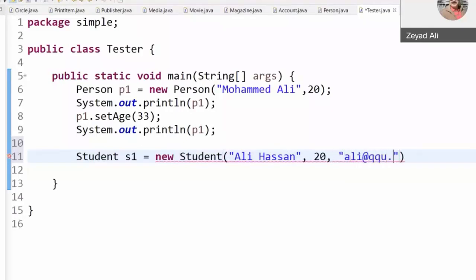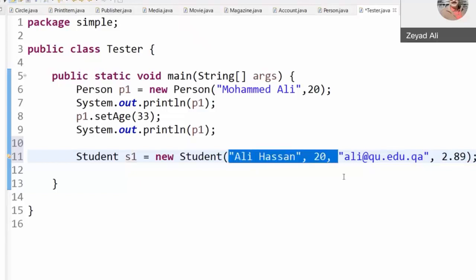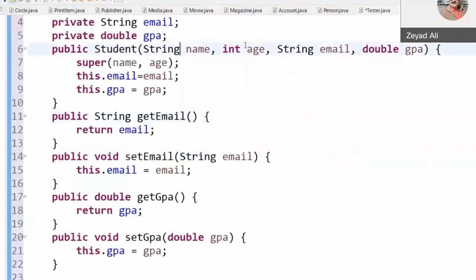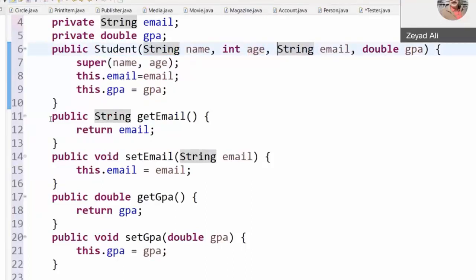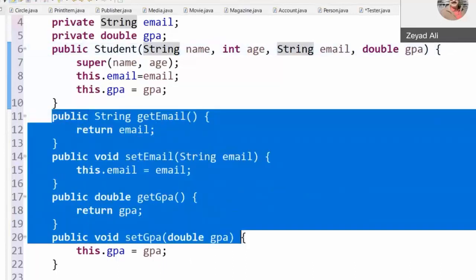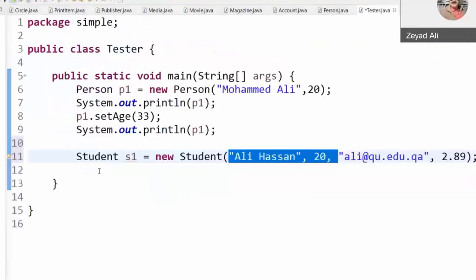Ali at... And finally, GPA, which is a double. This is our first student. So when you create it, the 4 attributes here, look at the constructor, name and age are handled by the superclass, which is very useful here. And email and GPA are handled locally here. So this is our student class.